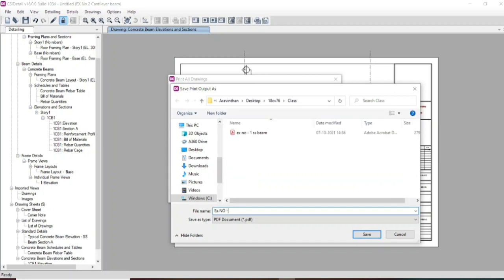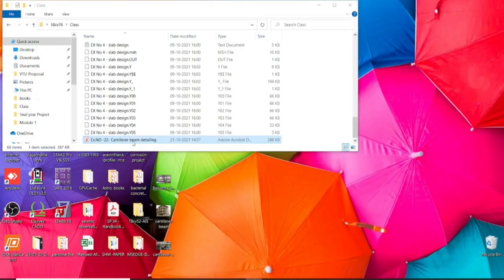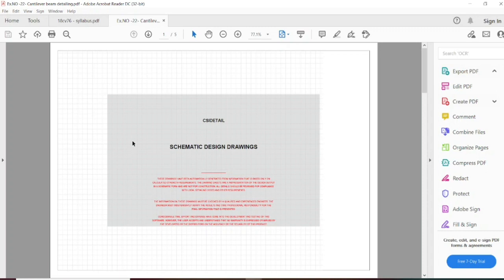Exercise number 2. Yes, this will be our final drawing.